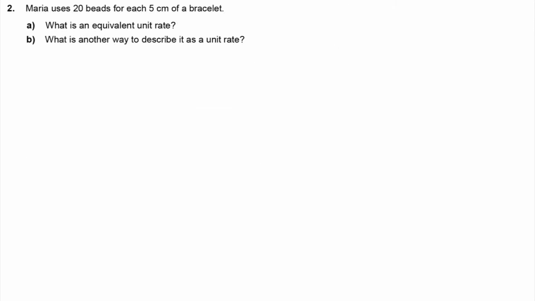Maria uses 20 beads for each 5 centimeters of bracelet. What is an equivalent unit rate? We're looking for the unit rate in this case. So a unit rate, remember, means that one of the items we're talking about, either beads or bracelets, will have to be 1. So if we've got 20 beads per 5 centimeters of bracelet,